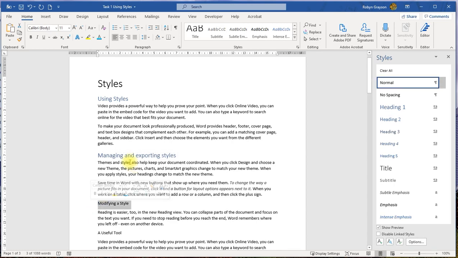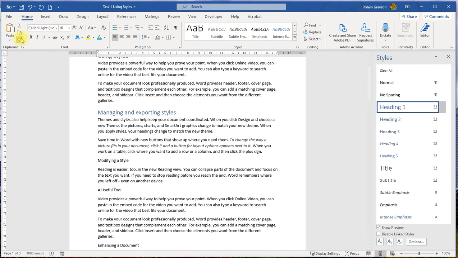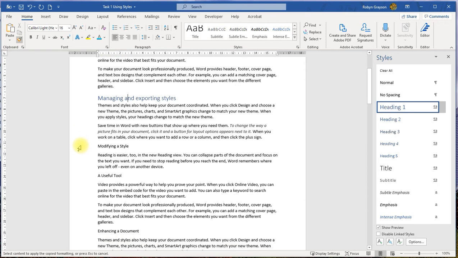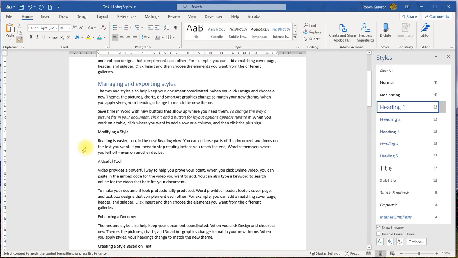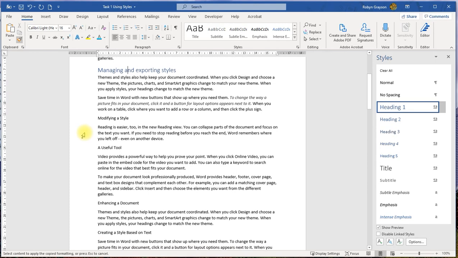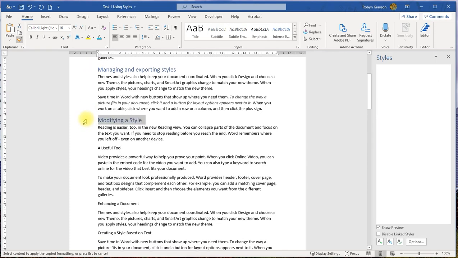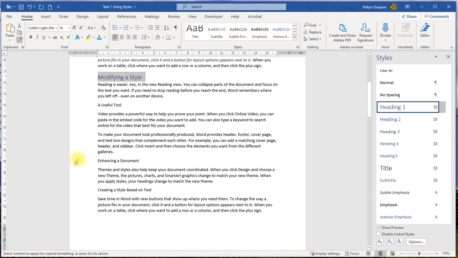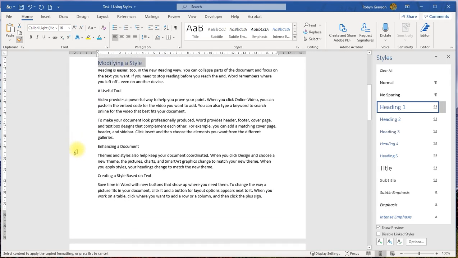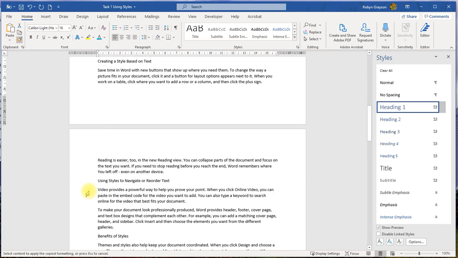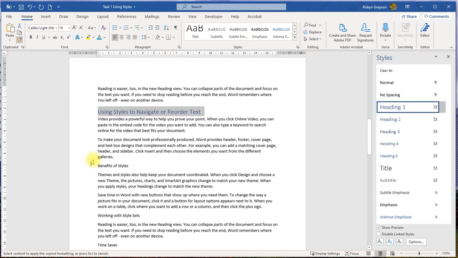Now it only works once if I only press this once here. So if I've got multiple ones, I need to actually double click this very quickly, and that puts it into sticky mode and allows me to then do multiple selections of that particular style. So I'm going to go through and just select all my heading 1s. Okay, and notice I just have to click on it and it will do this. So I'm going through to select all my heading 1s